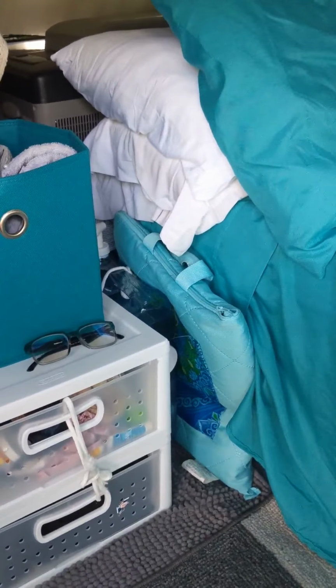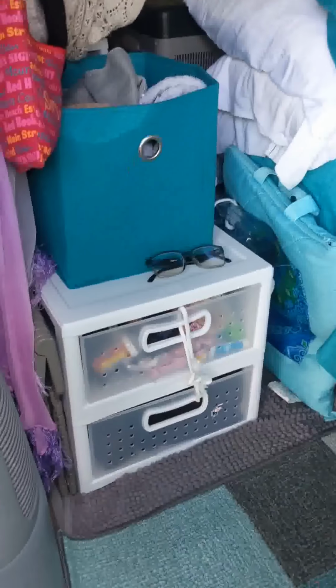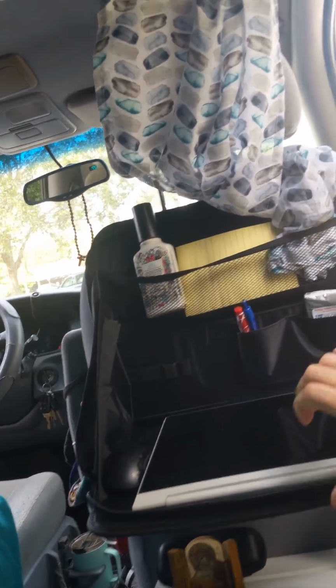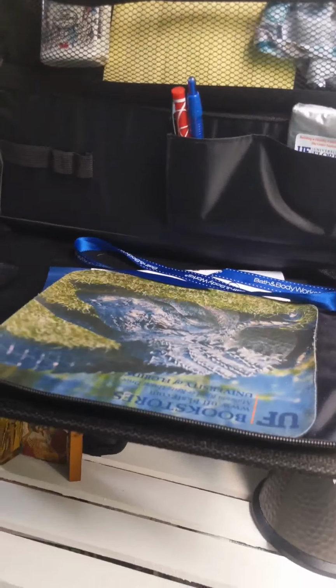Now let me show you my tiny little office. Like I said, I use that as a seat cushion, 1 pillow, and I always know which pillow I put on the floor and which pillow I use just for my head. So I put it right there, and here is my office. There is my laptop. It's on one of these hangers. It's not supposed to go off, but I was watching a movie, but that's okay. So yeah, my mouse, and so I have mouse pad, and my books,